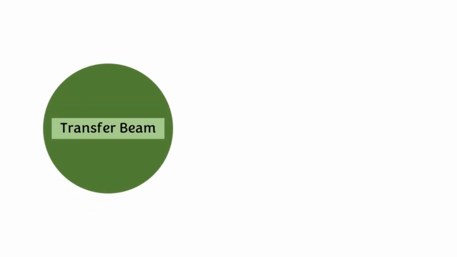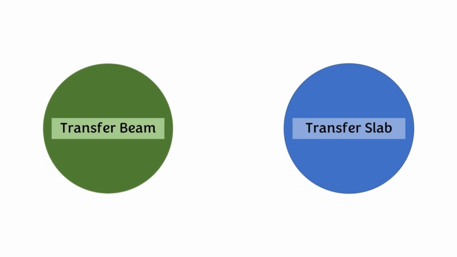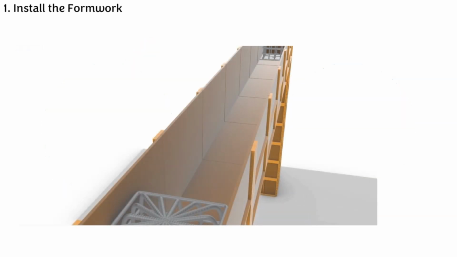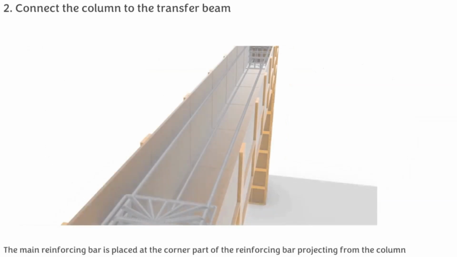Next, let's look at the construction process for the transfer layer. There are two methods of transfer layer construction: transfer beam and transfer slab. Our site used the transfer beam method. In order to construct the transfer beam, we have to install the formwork first to place reinforcing bars. Then, in order to connect the column to the transfer beam, the main reinforcing bar is placed at the corner